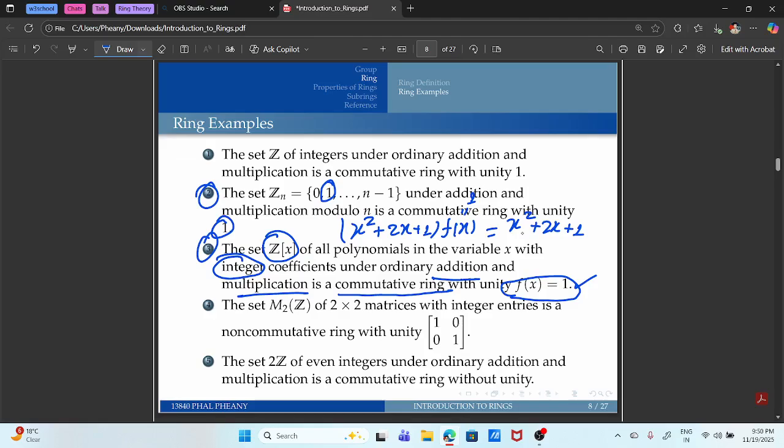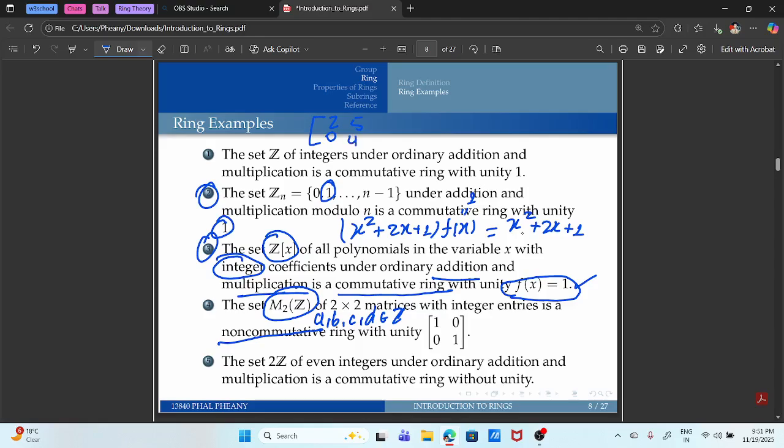Now we move to the fourth example. The fourth example is talking about the matrix 2 cross 2. Here is the matrix 2 cross 2. We denote it by M2(Z), with a, b, c, d belonging to Z, meaning each entry is an integer. It is a non-commutative ring with unity. Why is it non-commutative? Let's say an example like